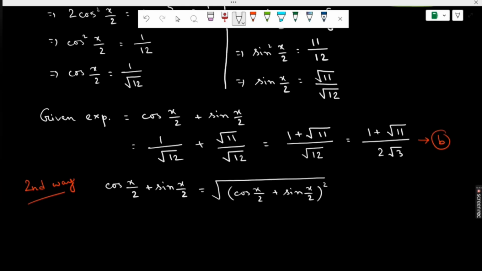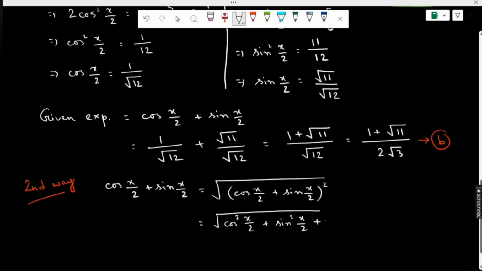Why should we write this? Because if we write the whole square form, we can write cos square plus sin square and 2 sin x cos x, so we can use the identities. So it is root over cos square x by 2 plus sin square x by 2 plus 2 sin x by 2 and cos x by 2,